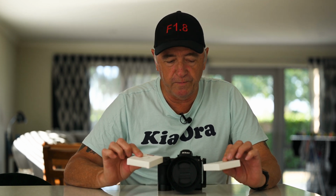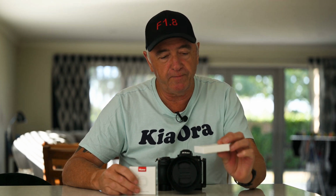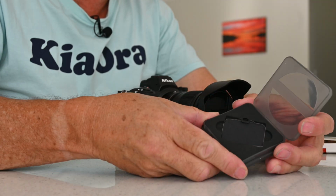First off, I'm going to use a clip-in filter. Now, I've had some issues with dust and spots on the sensor before, so I purchased a clip-in UV filter from Kase. Now, I've switched over our entire filter system to Kase, to the magnetic filters, and having had the sensor cleaned recently in my Z6, I decided to get the two boxes, get a clip-in filter to protect the sensor. Now, this here is just a standard UV filter,